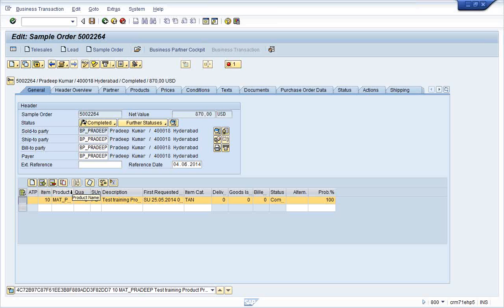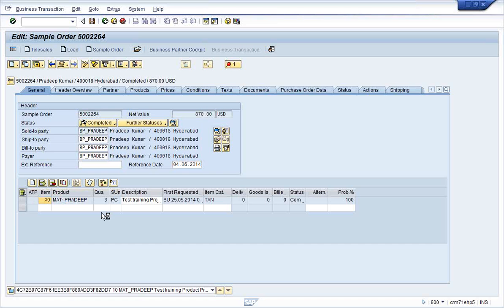When you double click on this line item, it will take you to the item details.